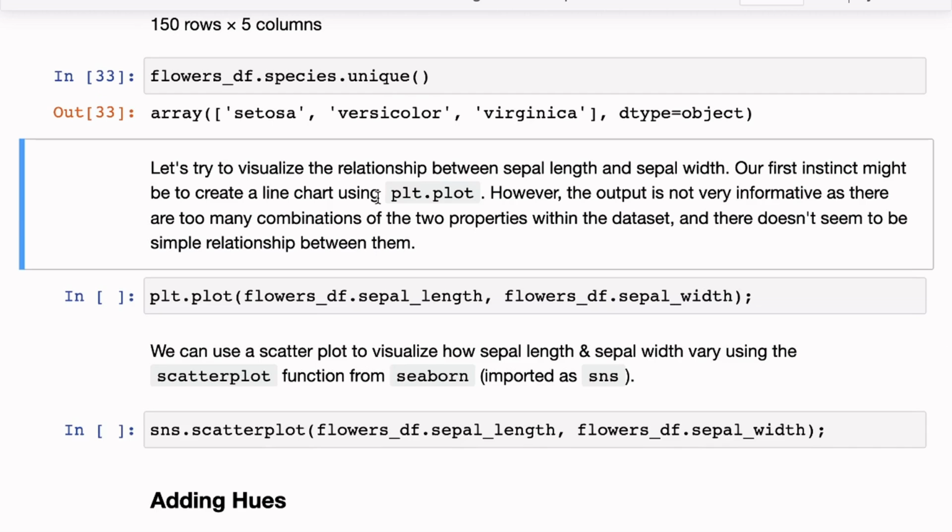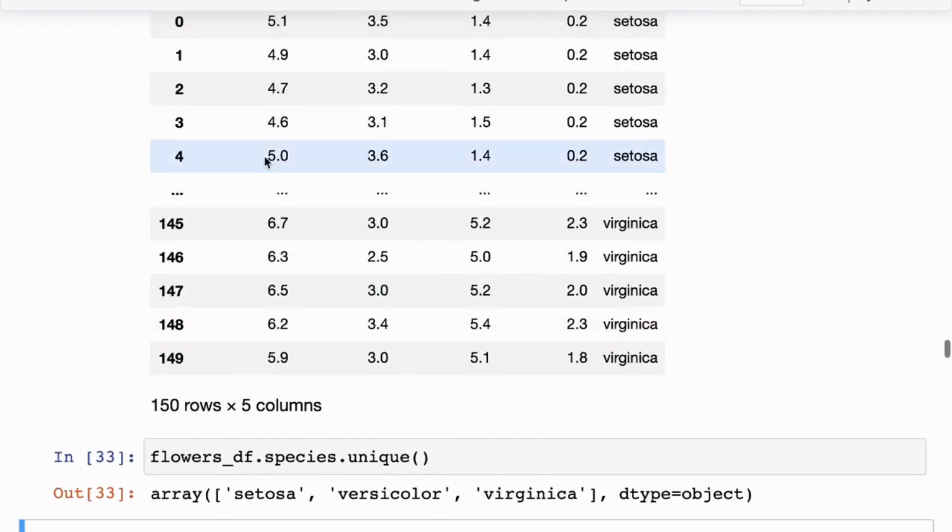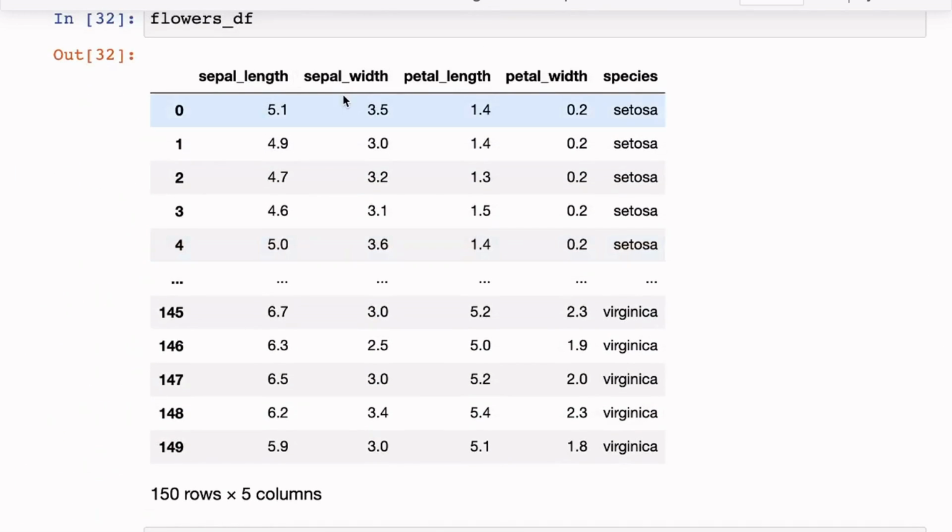Now let's try to visualize. You can see a lot of numbers here. There's a sepal length and a sepal width. Now you might wonder, is there a relationship between the sepal width and the sepal length? Like when the length increases, does the width increase, or vice versa? Or is there an opposite relationship where if the length is low, then the width is high?